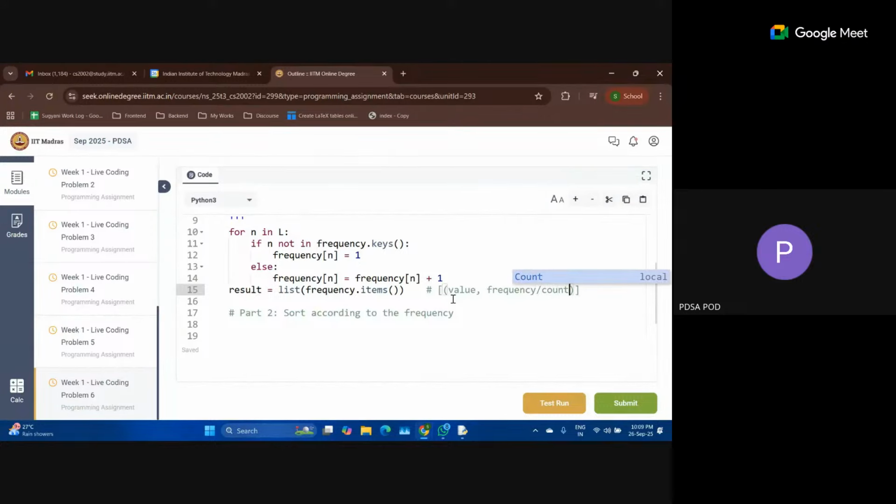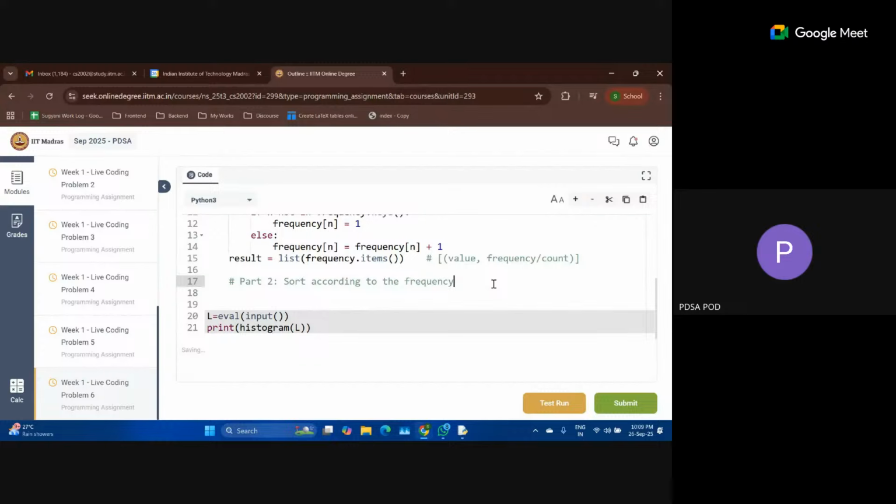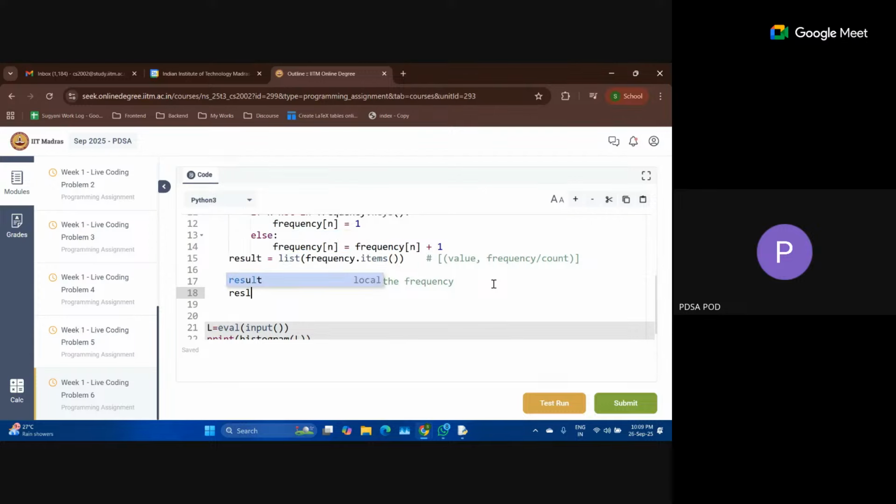Now we have to sort it. There is a traditional method where we find the minimum value of these keys, sort the keys, find the corresponding frequencies, and perform the sorting operation. There is another method, which is basically you can use the sorted function.